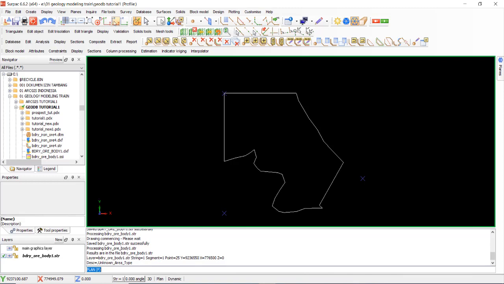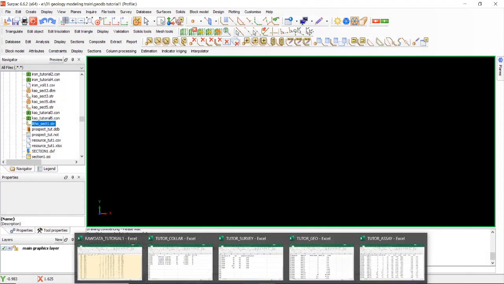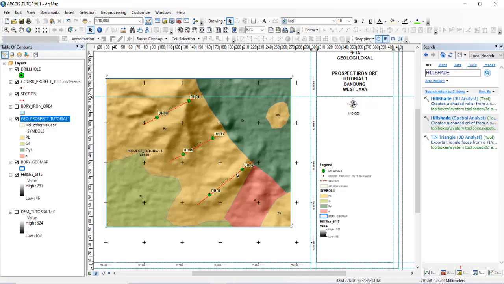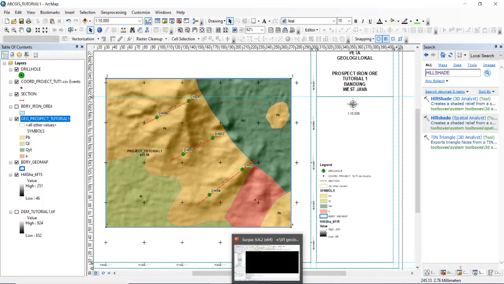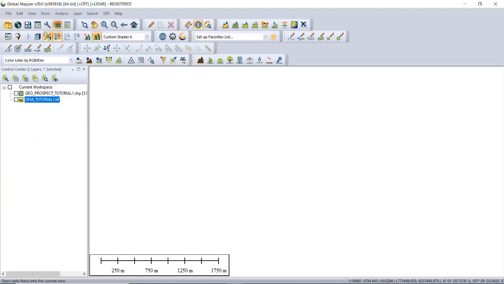Okay, after finishing the DTM and body boundary, we must export this section line to SURPAC, and then we use Global Mapper.